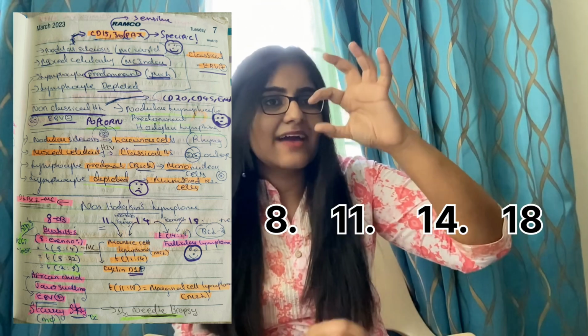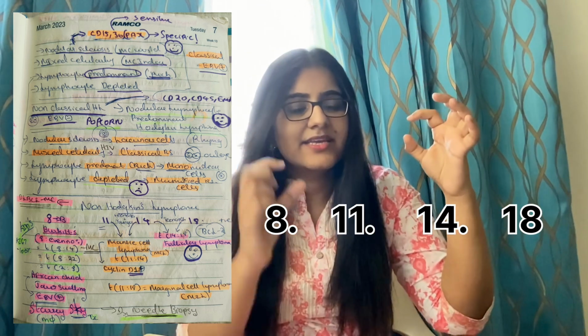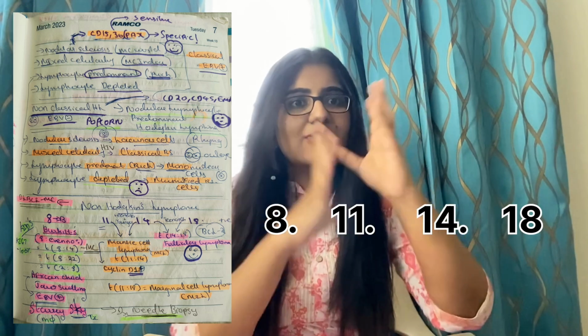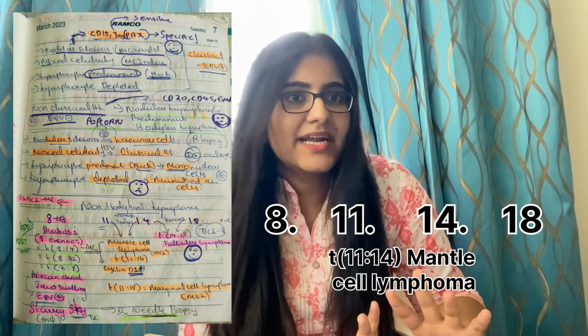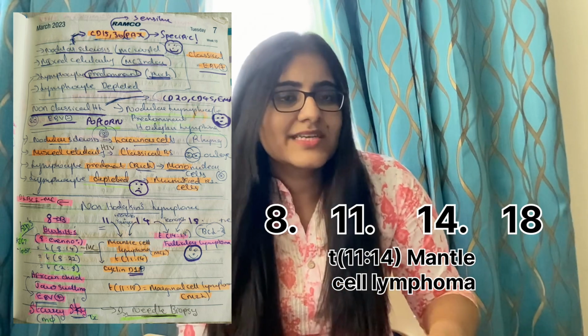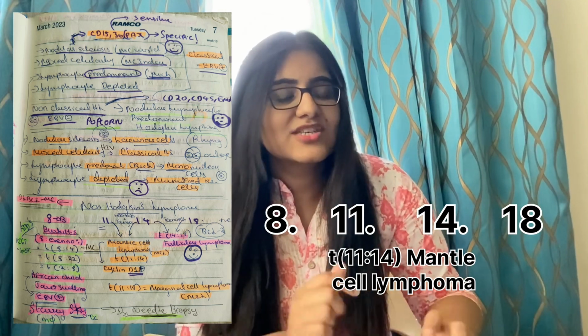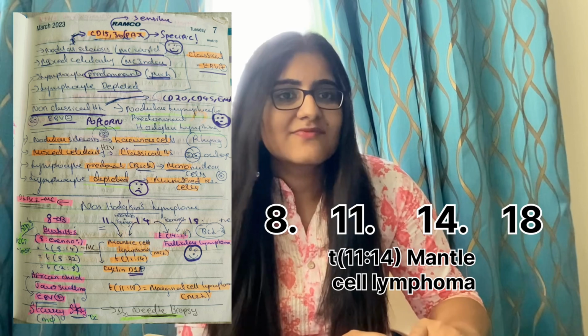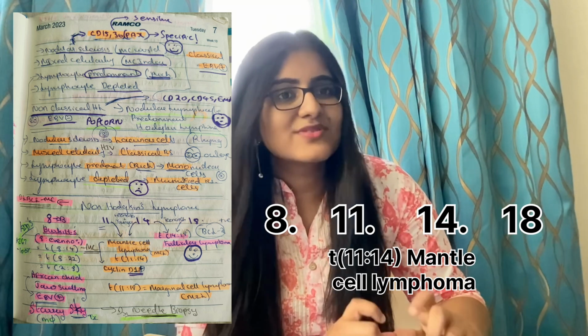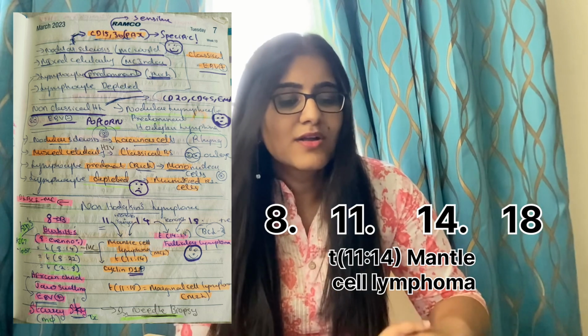Now you should remember 11 and 14. Some teenager and a young person coming together, then that will be a dhamaka. That will be a kind of a mental situation, right? And they love to go in cycle. Remember it like this: a mental situation when a teenager and a younger person come together, going in a cycle. So cyclin D1 positive, and also it will be a mental situation. So mantle cell lymphoma. Okay.